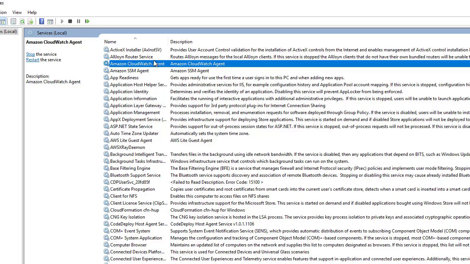Will the CloudWatch agent have enough time to send the log files or the performance counters to CloudWatch? The answer is, in a production environment, you design your systems in a way that the EC2 instances are not terminated immediately, but there's a small time gap, during which the CloudWatch agent will have enough time to send it